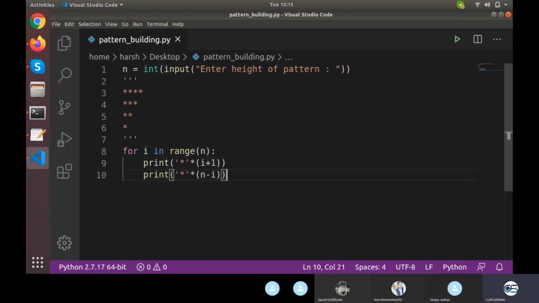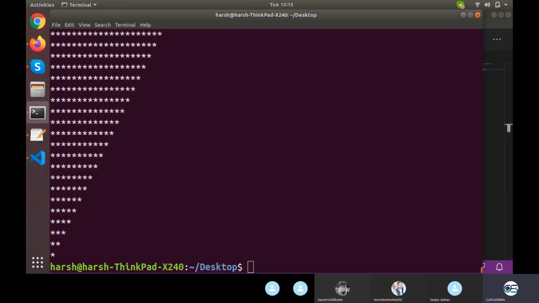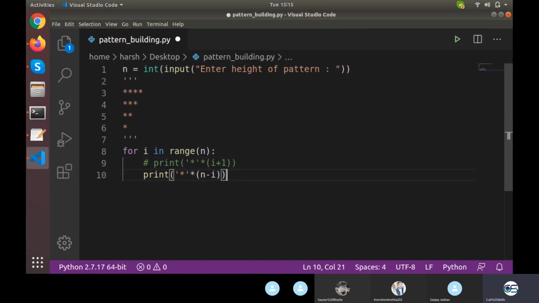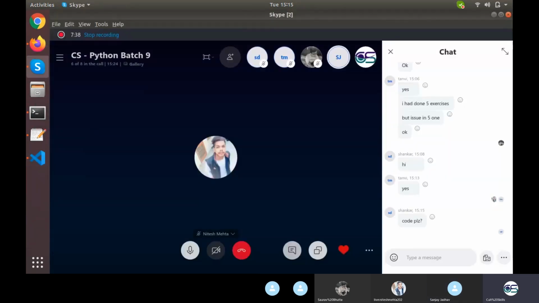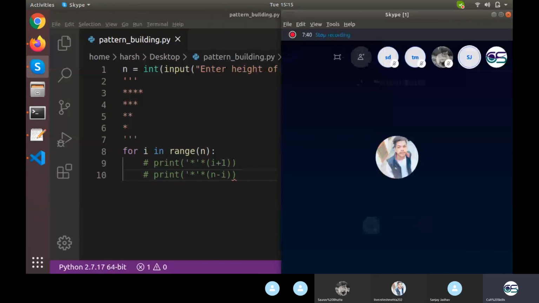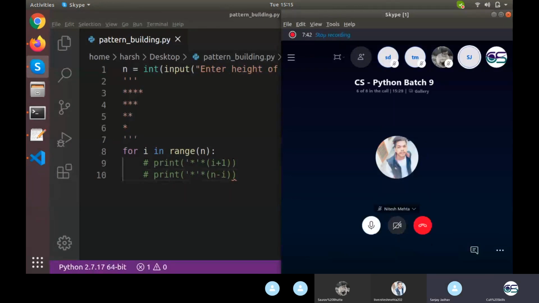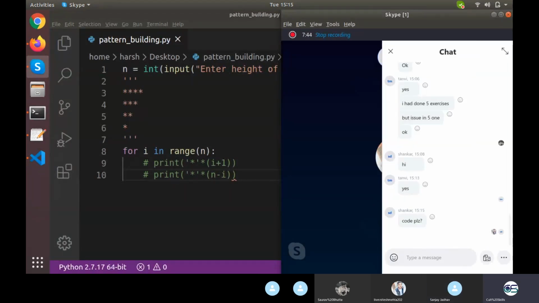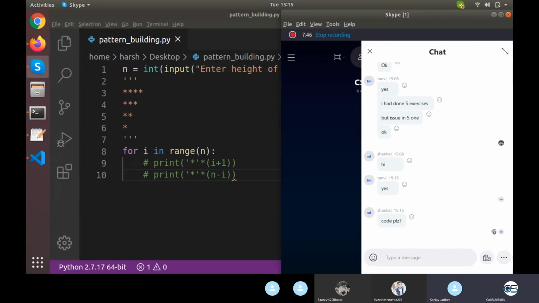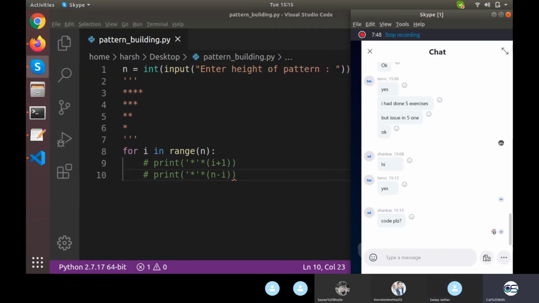So let's make both of them actually. This one and this one. Write both of them, and just let me know whenever it will be done.